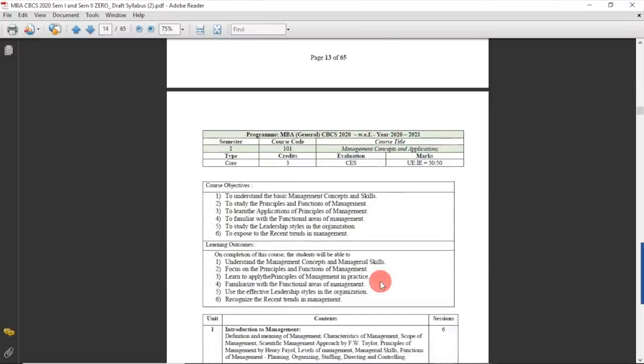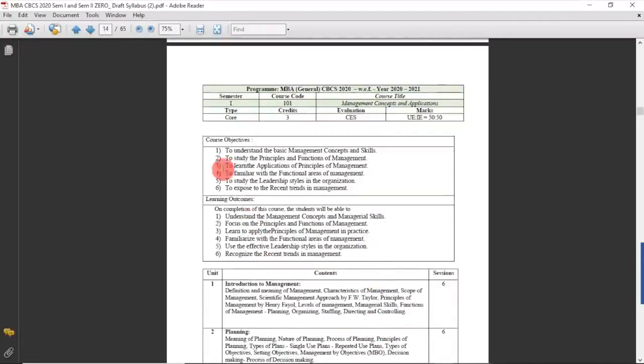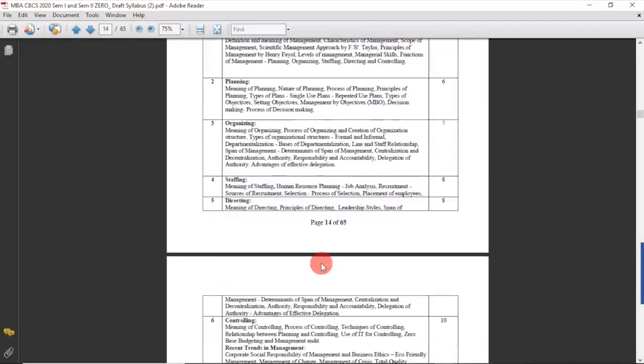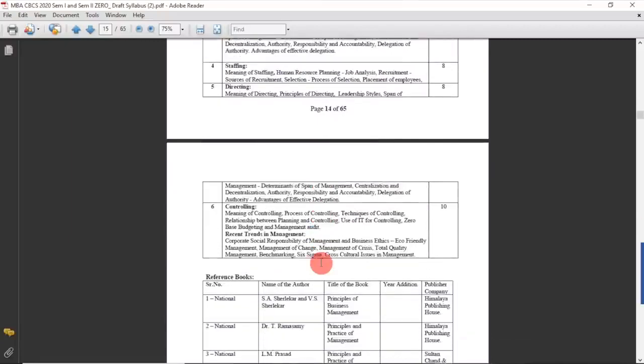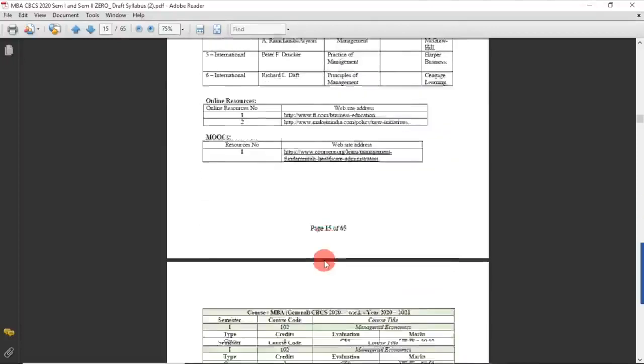Now I show you the content of the subject also. From here we develop the course outline. So this is the content. It gives you course objectives, it gives you learning objectives, and it goes on to give you the content. So from here we develop our course outline by giving it a proper structure under the different headings that we discussed in the course outline.